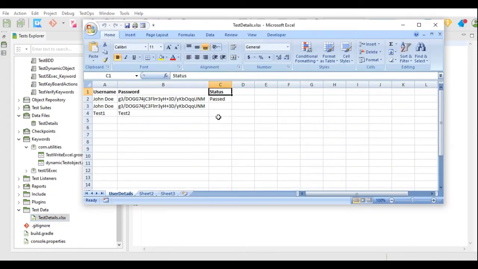In our test data file, I will add two columns. One will be test case ID, or you can say test case name, and second one is the status. I will delete this earlier status and then I will save this testdetails.xls file.